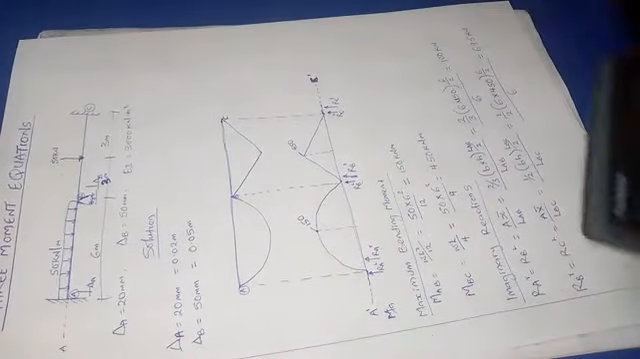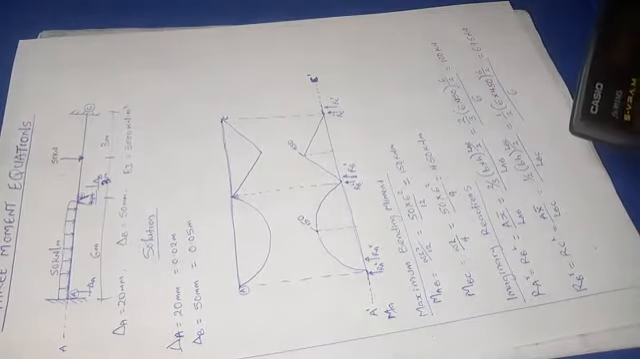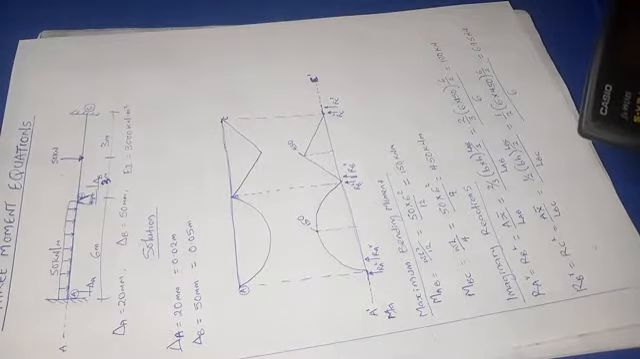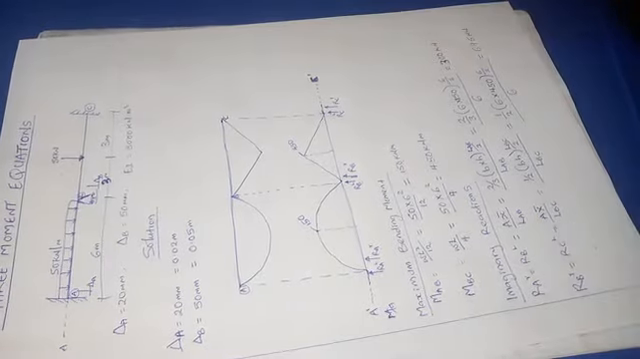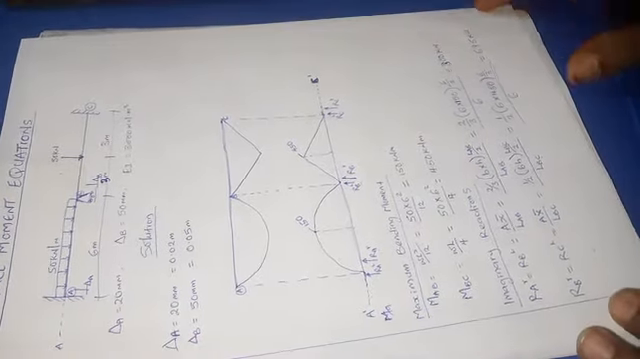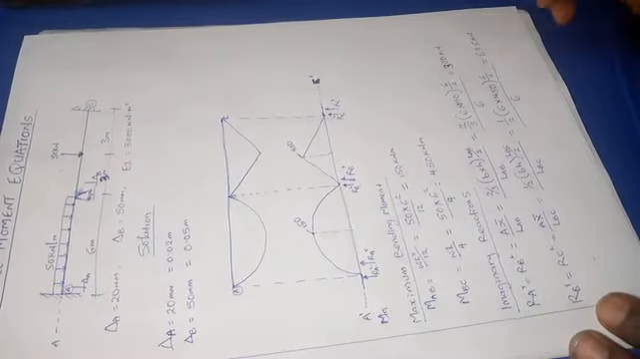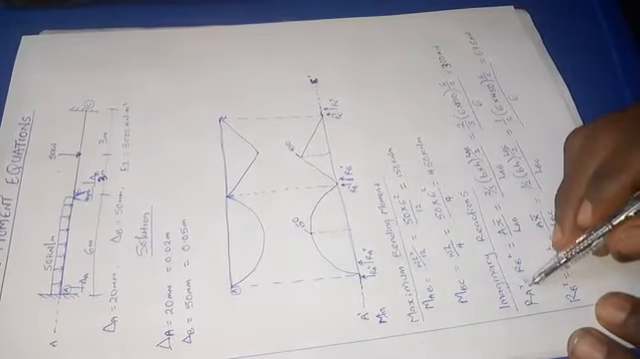So to resolve this, we have 2 over 3 times 6 times 150 times 3 divided by 6. This will give us 300 kilonewtons. Sorry for the mistake. So if we should continue, I've been able to calculate my reaction at A right and